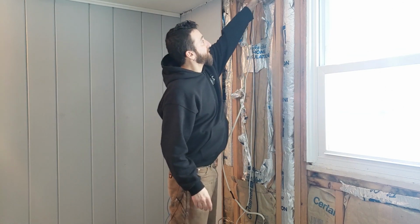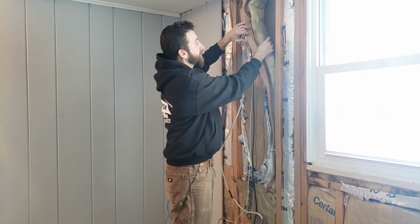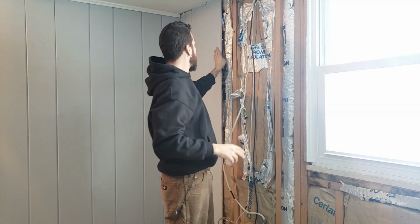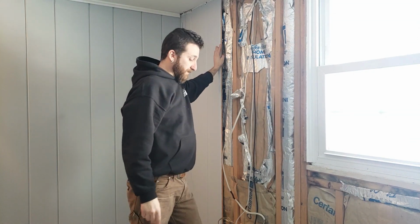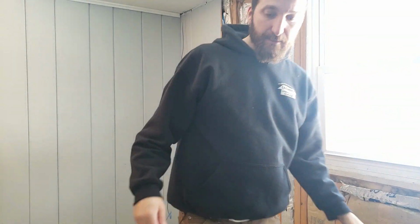This insulation in particular is really old and there's like nothing left to it. It's so thin, so I can see why it was cold. And with tongue and groove, there's air gaps. So over here,